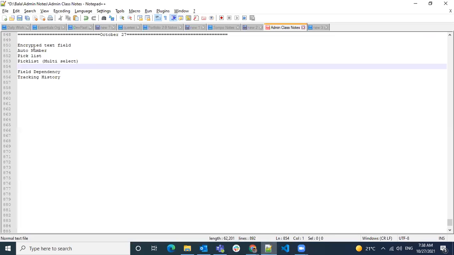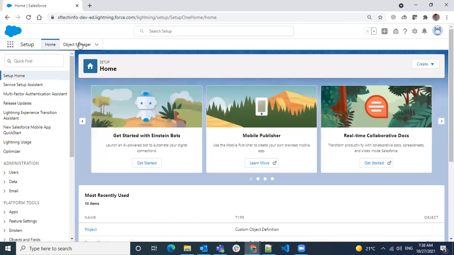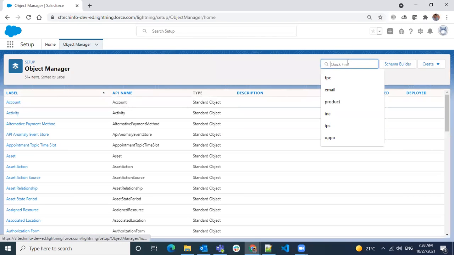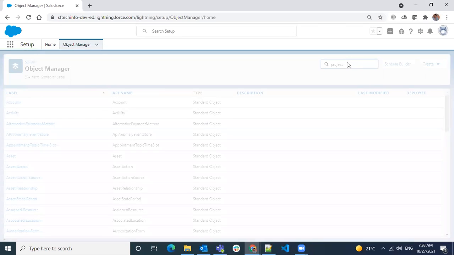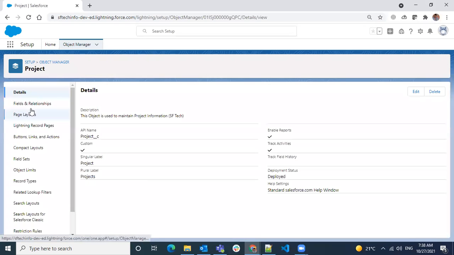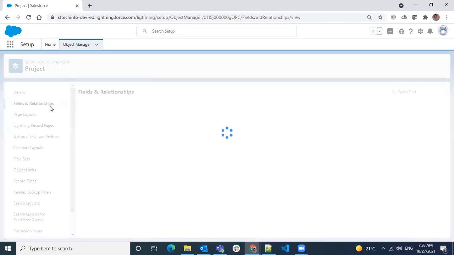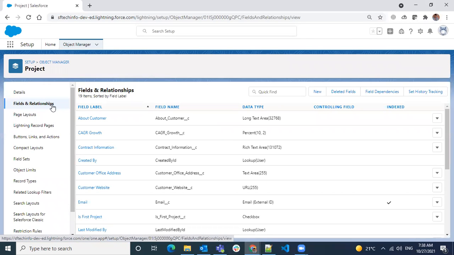So when you hear about something called encrypted, do you have any idea what encryption is and what it does? Even in your WhatsApp chat groups, when you chat with a new person, you get a small message saying it's end-to-end encrypted. That means when it's storing in its database, it will not store directly. It will do some kind of masking.